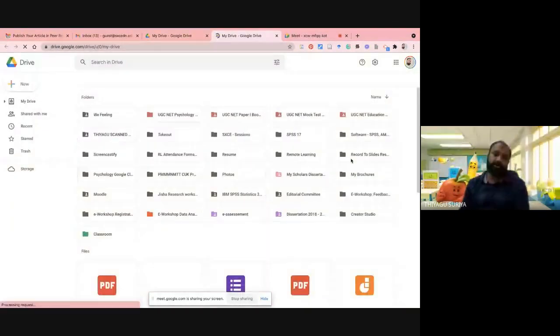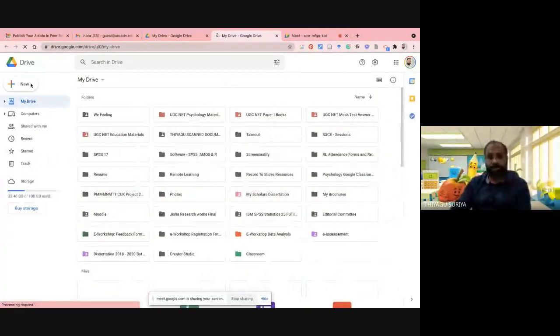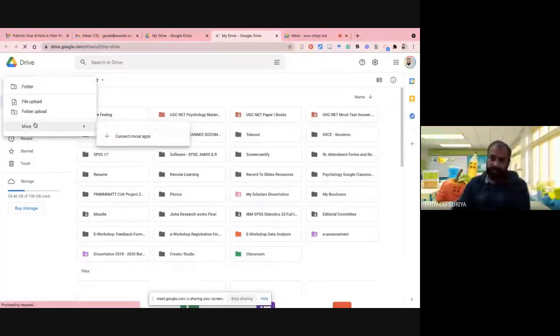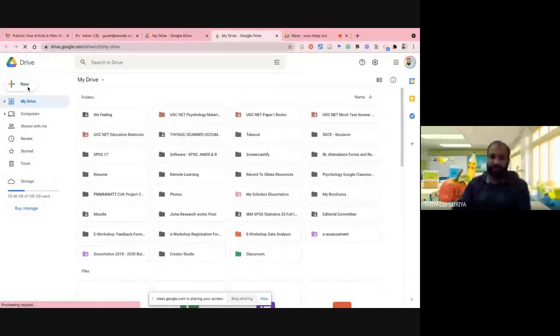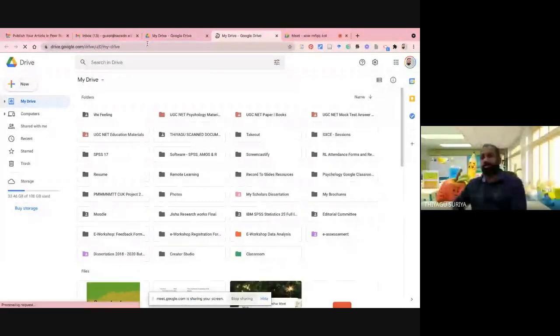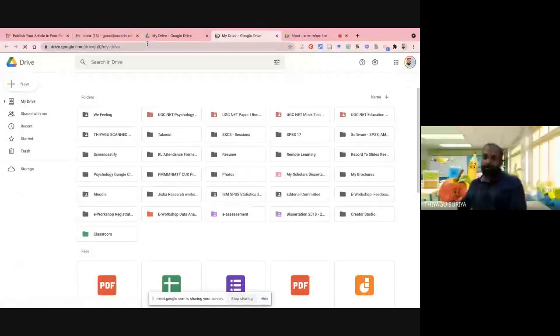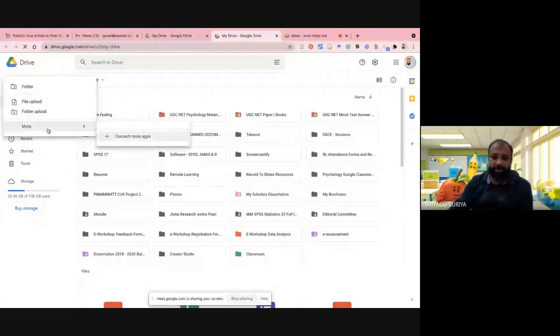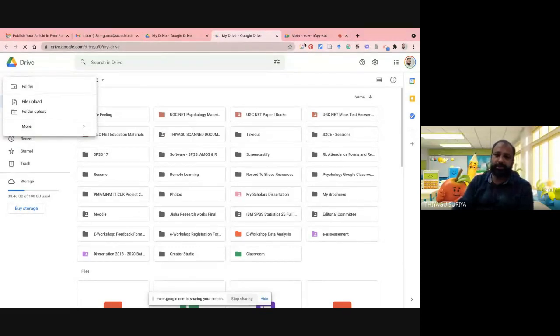From the Google Drive, I'm going to find the Google Slides file. For this, we already know the path. We can go to New, and in New, click More, and we can find all the options. Sometimes there's a network issue, so you cannot find this one. There is a small network issue, so I'm going to refresh it once again. Press New, and in More you can find options like Google Slides, Google Docs, Google Sheets, and all. Due to the network issues, you'll see there is a rotation happening.